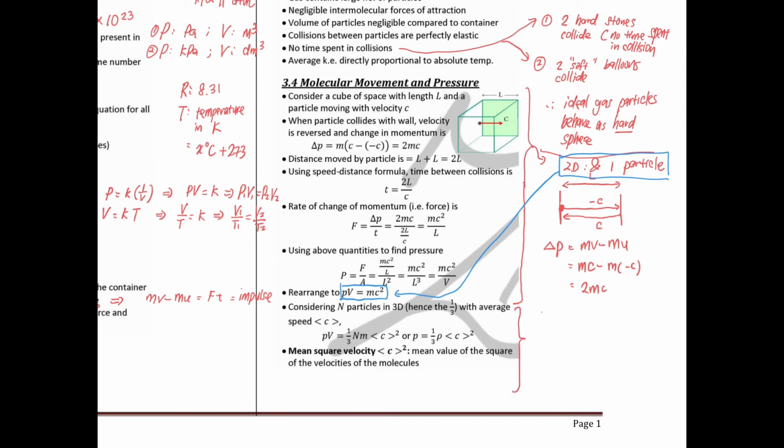In 3D, there are six faces. Just now in 2D, we consider two faces only, which is the surface on the left and the surface on the right. Okay, so now in 3D, we have six faces. We have surface on the left, right, front, back, up, and down. So all together, six faces. And because of that, the total area